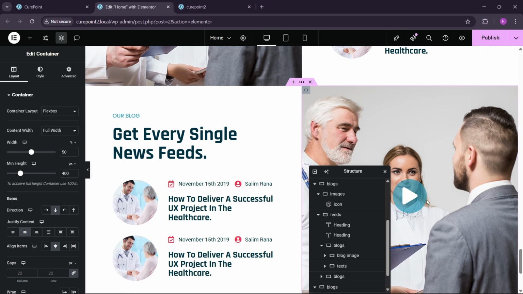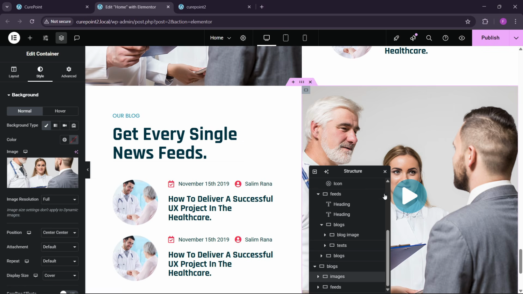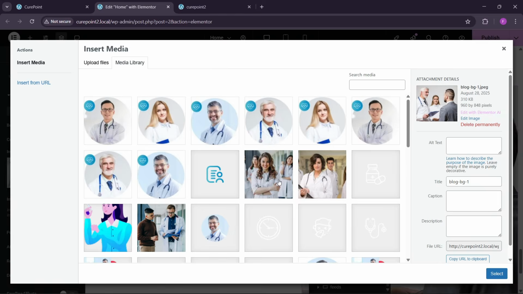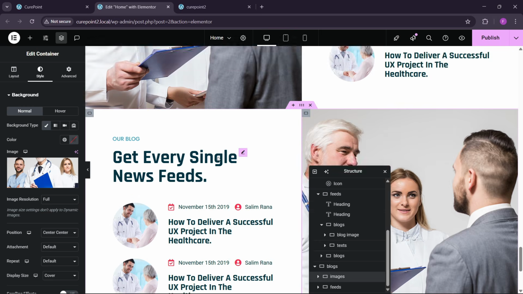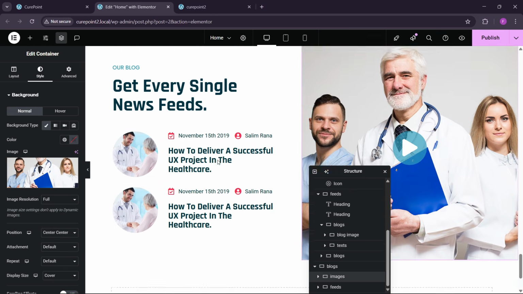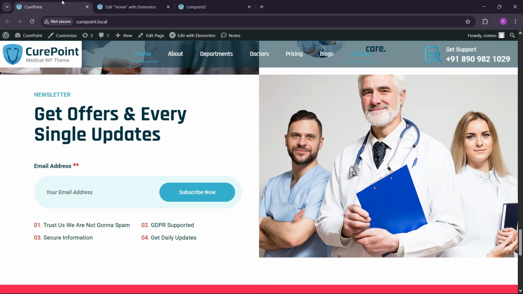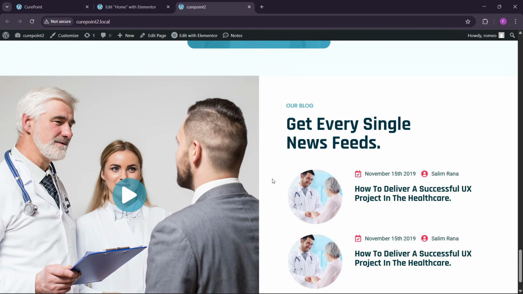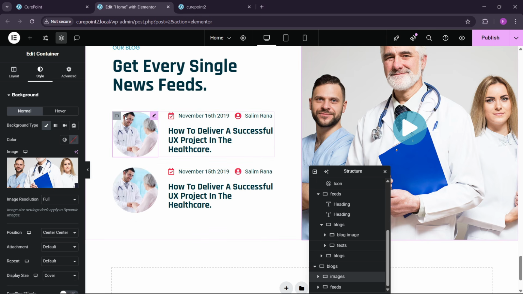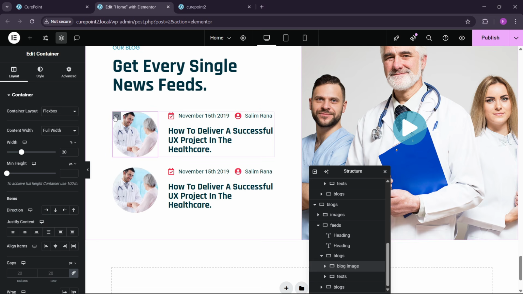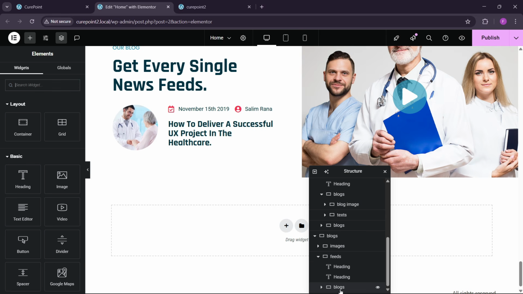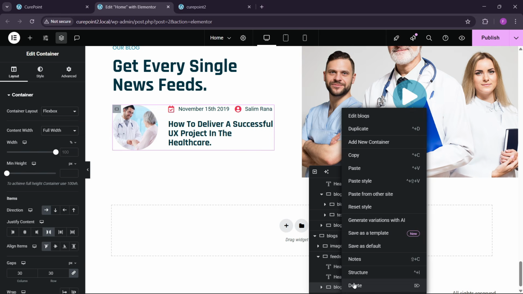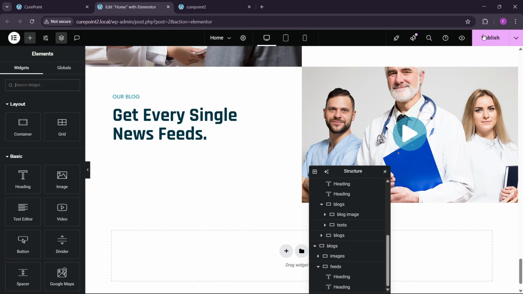Now we have to just replace this image. If you want, you can keep the video button, icon here. Okay, let's keep it here. We can use this image. Okay, so this image is updated, and now you can see that we have this section different, so we can click on these blocks. Okay, and we can just delete this. Click on this block, and we can just delete this. Okay, and we'll publish,